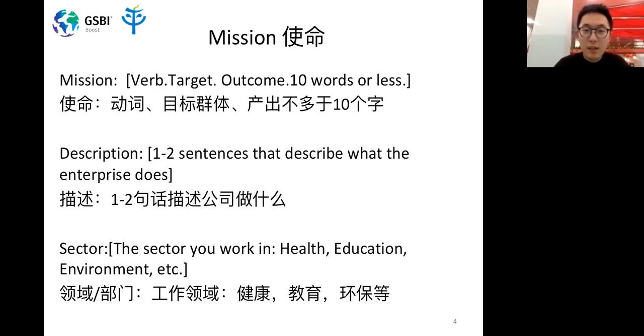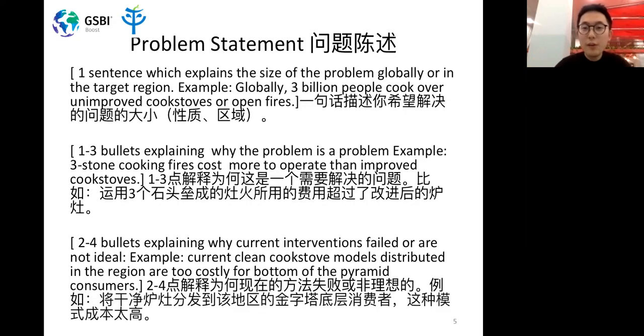So this page, normally in my workshop, if we spend 2 days on the whole presentation, the mission can last like half a day, because a lot of the time what we want to achieve, who we want to support, and how we do it is really important at the very beginning. So if we really state our mission in a clear way to be a headline for the